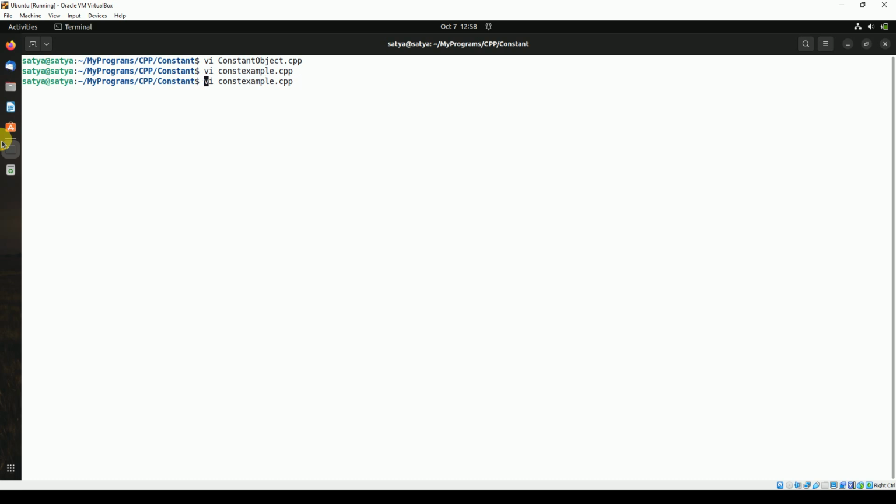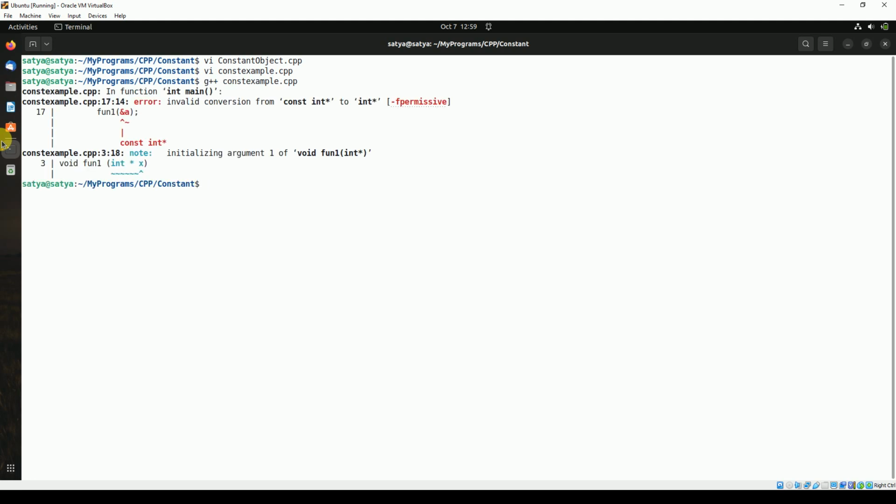Just compile this and observe whether it will compile or not. The first one, line number 17, is an error here. It is saying invalid conversion from const int star to int star. So why is it saying that? Because